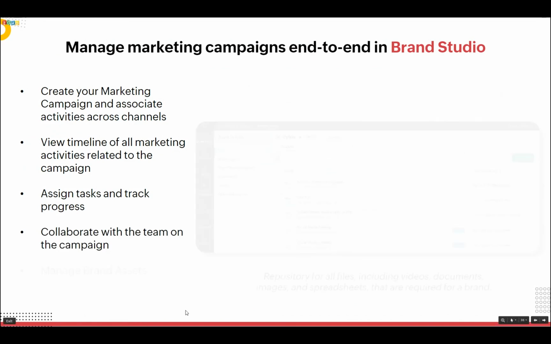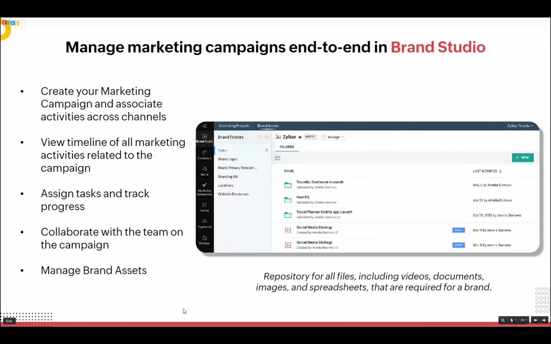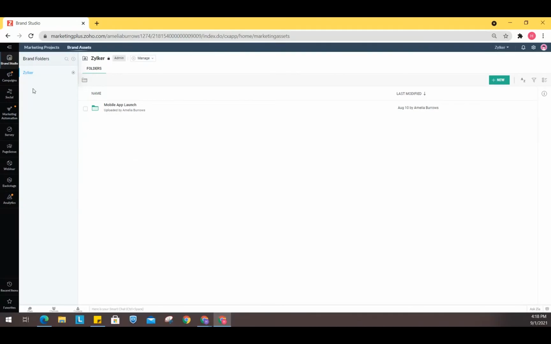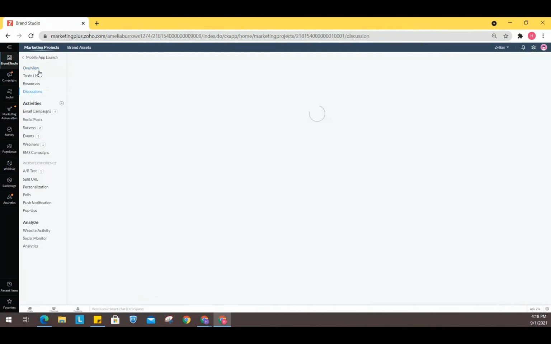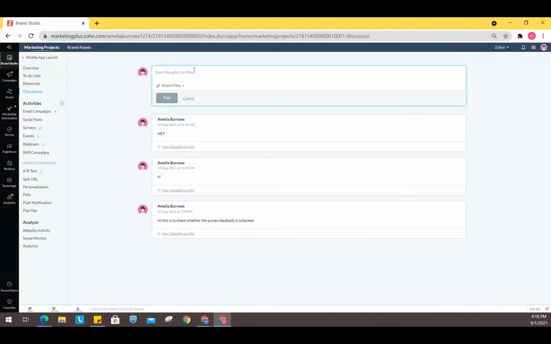You can collaborate with the team as well. That's something that I just missed to mention. I'll just show that as well. So when I just go ahead, yeah, there is discussions in here. So you can just go ahead and type in your thoughts on this, and you can just go ahead collaborating with the other team members as well.